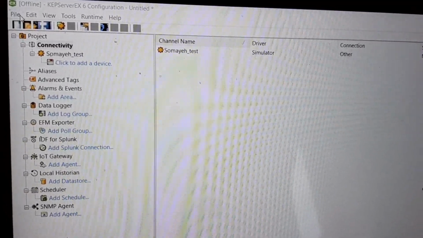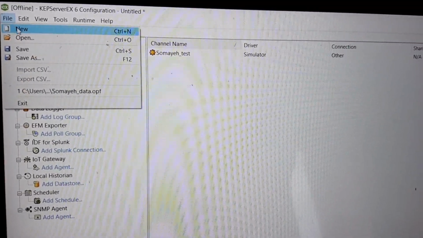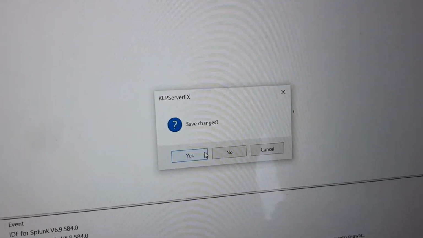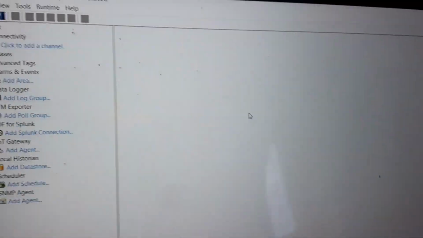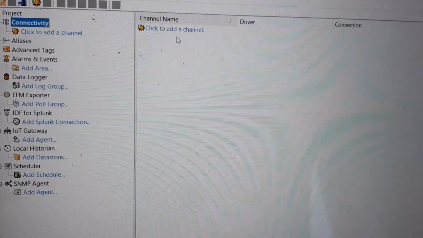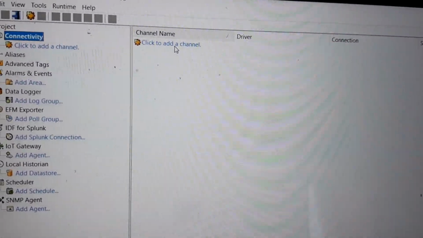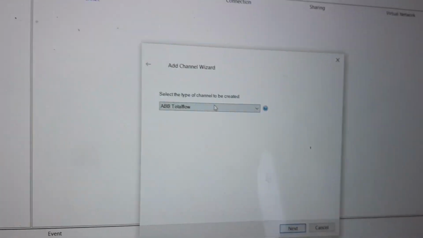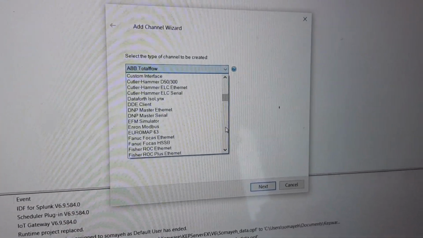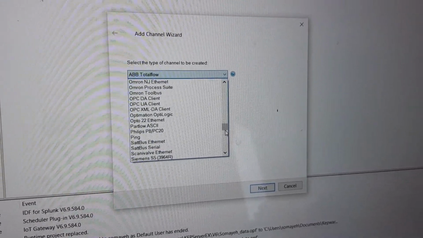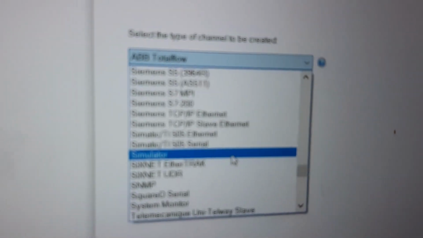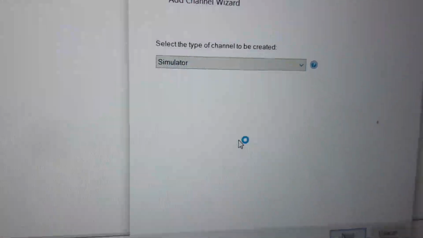So I want to actually do that from scratch, so I show everyone what to do. Now this is how you would see it. If you click on the connectivity, and then you can click here and add a channel. This channel, because we are using it based on simulation, we are going to use simulation related under S, and as you can see, it says simulator. So you click that one,